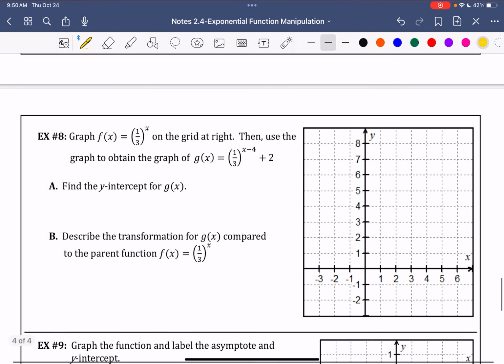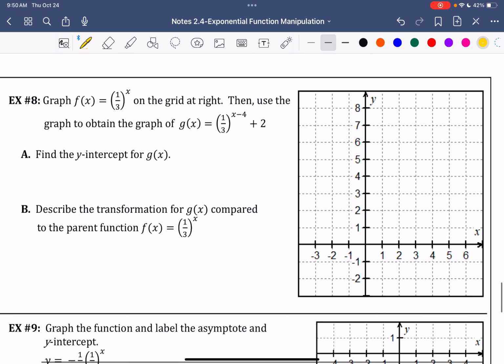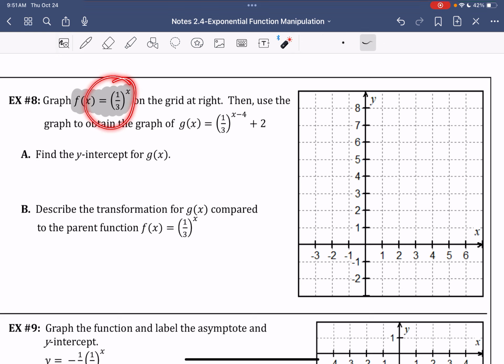Okay, let's do number 8. It's kind of similar. It's a different function, but it's similar. They want us to graph. So let's start by graphing f of x equals (1/3) to the x. Because I know that this one's going to be exponential decay, I think it's going to be easier to plug in these negative numbers. So if I were to plug in a -3,